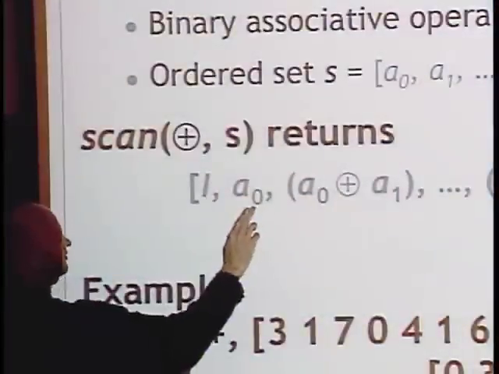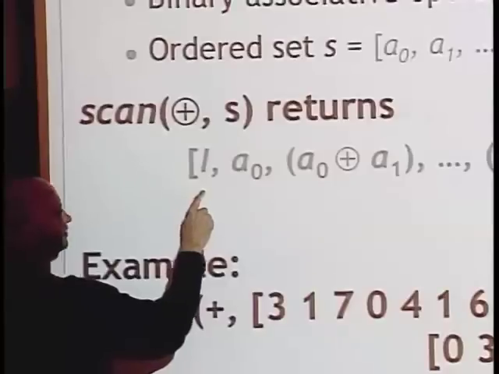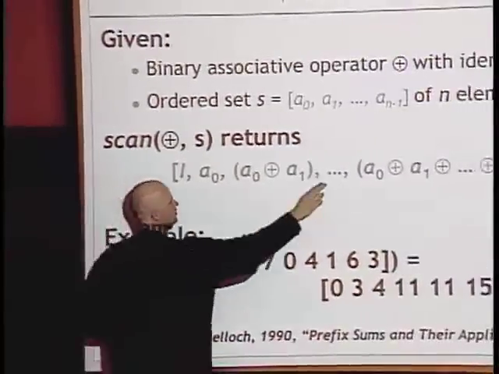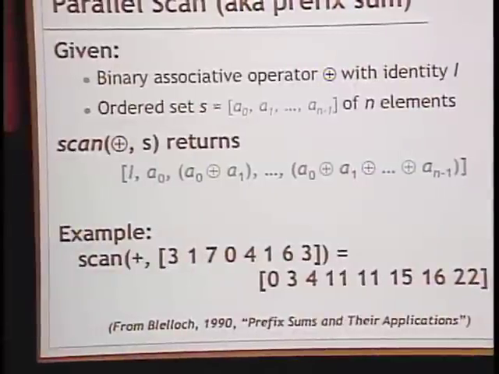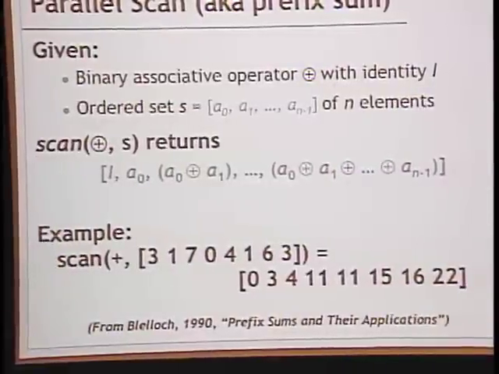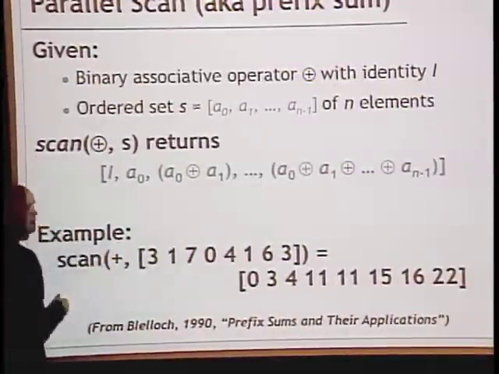The prefix element of the second one is just the one before that. This is the sum of these two. This is the sum of these 3, and so on. Okay? So the example of scanning this particular array is that at any element, it's the sum of everything that came